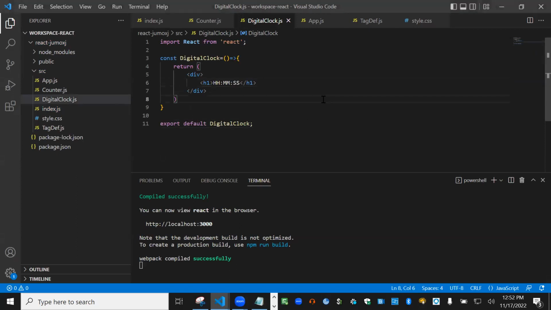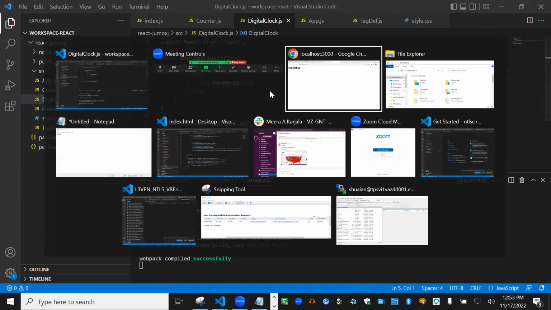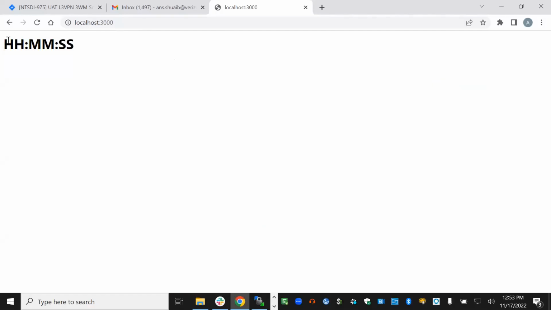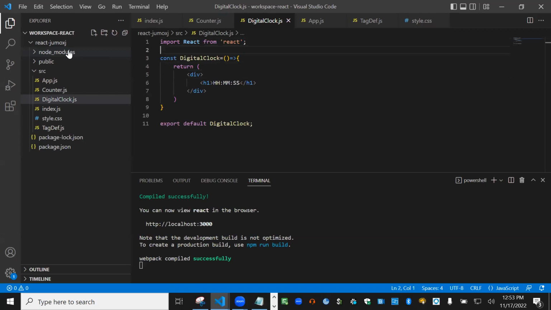Just a little heads up: this question was asked to me in a real interview on React. In a live coding session, I was asked to design this digital clock. So the requirement should be very clear: this should be hours, this should be minutes, and the seconds should tick every time. The first thing we are going to do for this is import